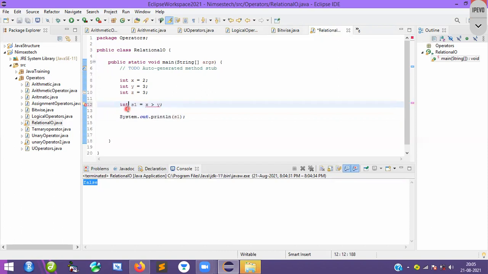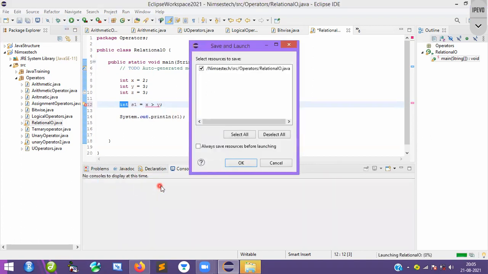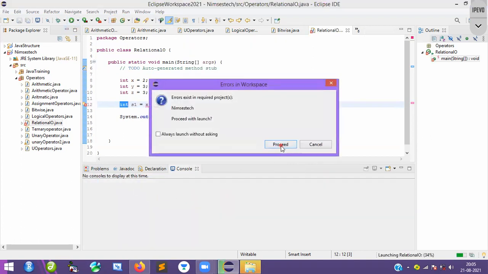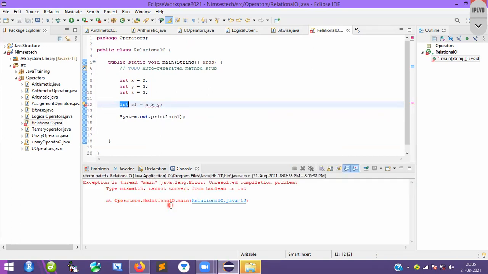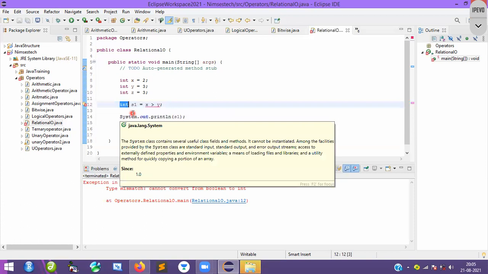So when you do this, you automatically get the error for x is greater than y. Whatever comparison or condition you check here does not match this particular data type. So we cannot store the result this expression gives in s1, because this is a data type mismatch. When I run this, you can see it shows a type mismatch. Yes or not? Okay, type mismatch is happening. That is the reason why I'm taking boolean.